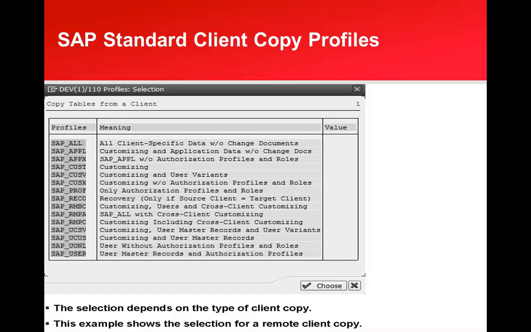Okay, SAP_ALL, basically if you want to build a client with client specific data without change documents. SAP_APPL is basically for customizing and application data without change documents. Then SAP_CUST is basically the customizing. SAP_UCSV is customizing, user master records and user variants. SAP_UCUS is customizing and user master records, and at the bottom you can see SAP_USER is user master records